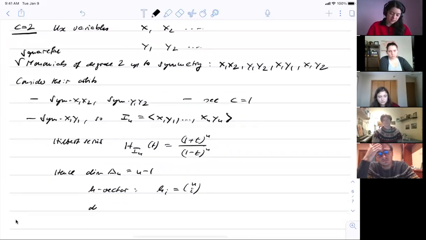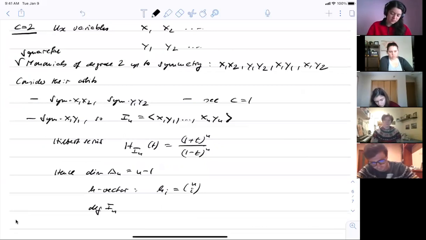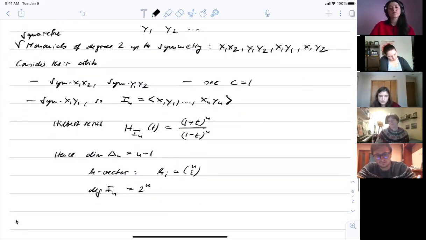Moreover, I had said, well, what is the degree? You evaluate the numerator at t equals 1, so it has to be 2 to the n. So we have 2 to the n facets, and now I claim